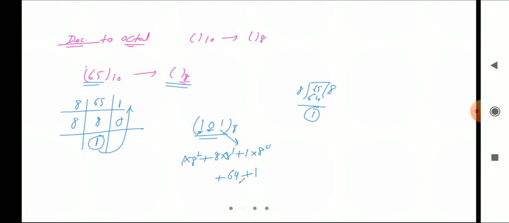Am I doing anything wrong? Yes, it is 0, so this one is not 64, this is 0. What about this one: 8 eights are 64, and multiplied by 1 means 64. Finally it is 65. Okay, so it is verified that this number is correct, so finally we can say this is the correct octal number. Verification like this is not needed for now, I just told you the reverse procedure, this is the way. So is it fine?